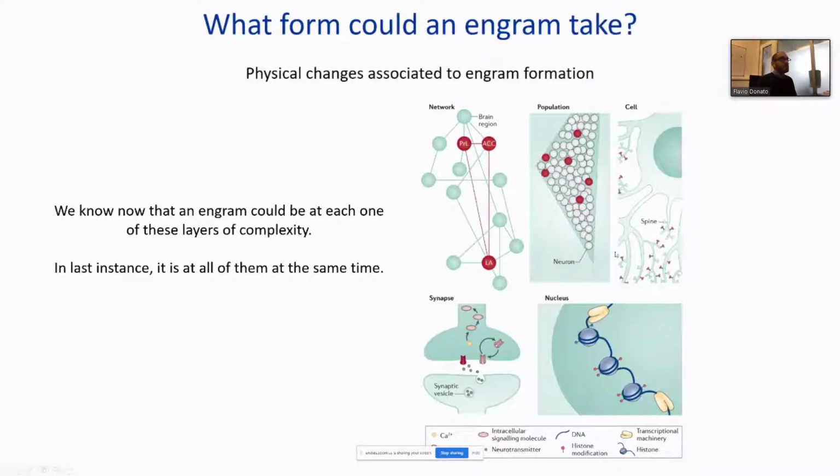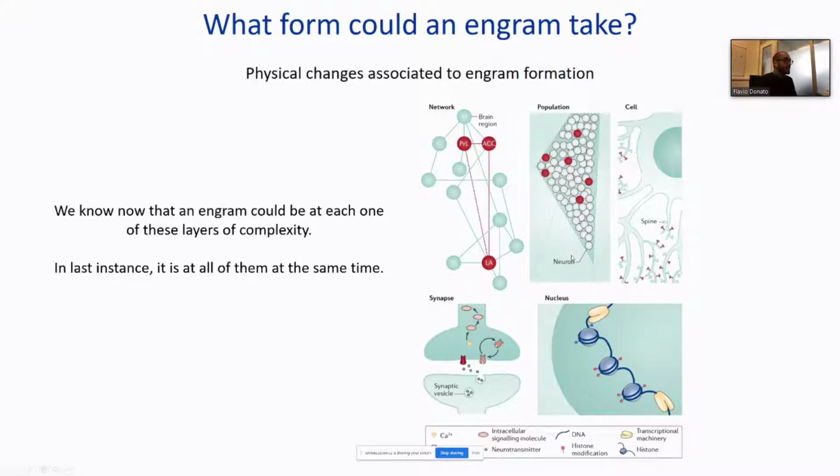It could be embodied at the level of populations of neurons, namely in the decision of which neurons are active together at a specific time. Or it could be encoded at the level of a network of neurons, where every node in this graph is a brain region. You might imagine that an engram might consist in the synchronous reactivation of areas of the brain, like, in this case, the prelimbic cortex, the anterior cingulate cortex, and the lateral amygdala. In the end, the physical trace of a memory could be at every one of these levels, from the most microscopic to the most macroscopic one that you can find in the brain.